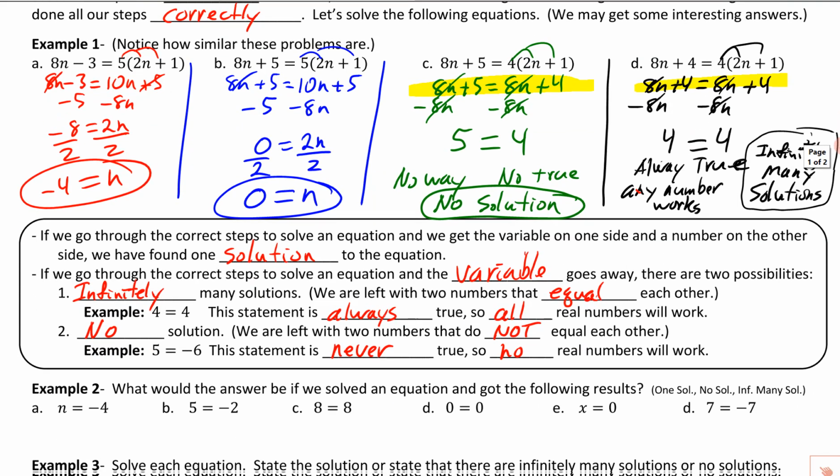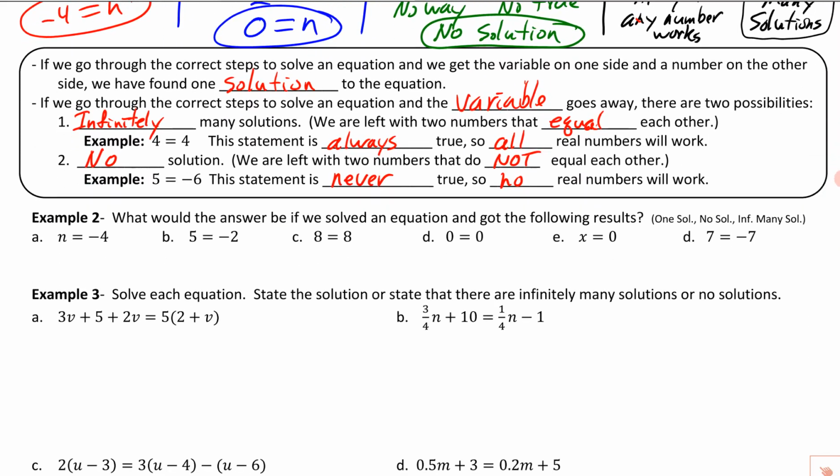Most of the time when we solve an equation, we are going to get an answer, but we do need to be aware of these special cases. If the variable goes away and we're left with two numbers, if they're equal to each other, then infinitely many solutions. If they're not equal to each other, there's no way we can make that true, so there are no